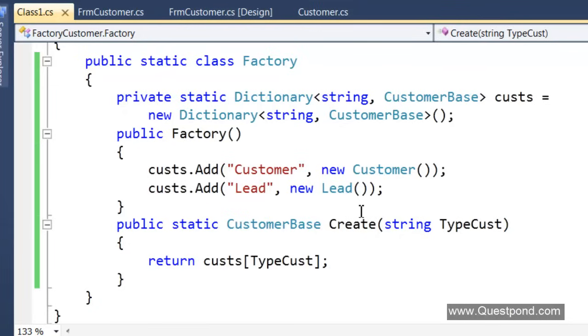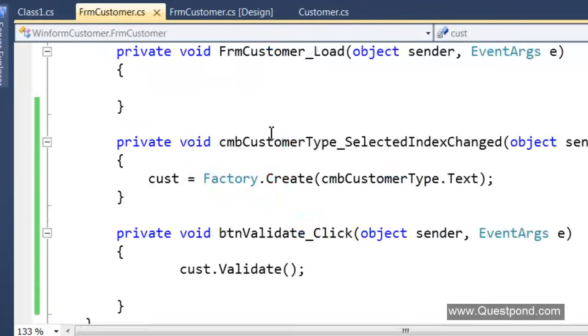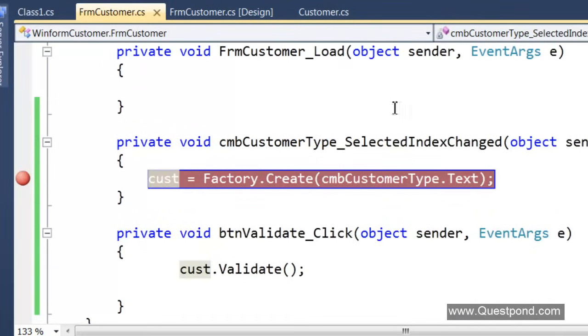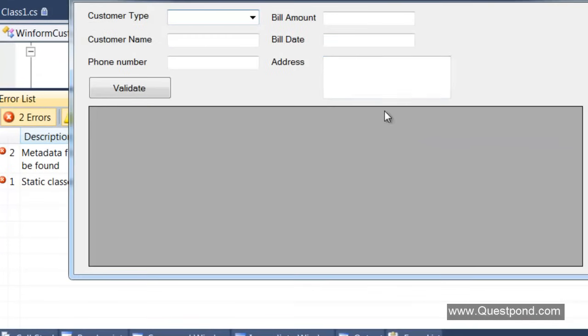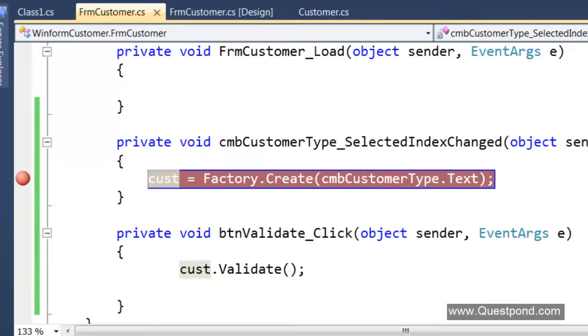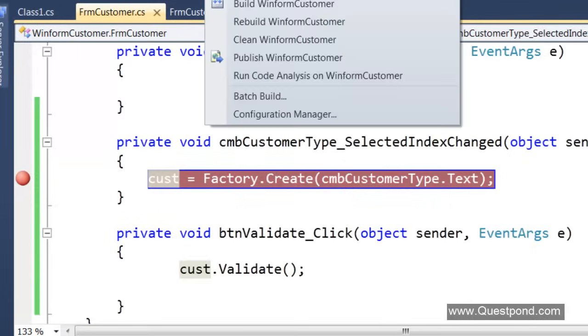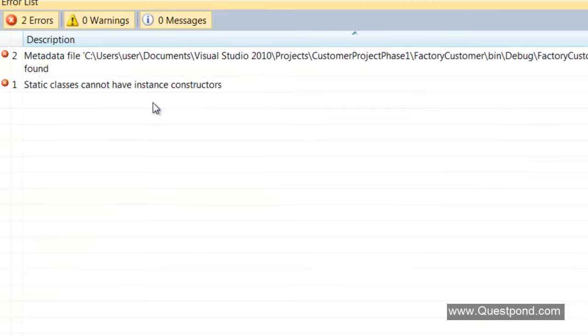Why? Because polymorphism is happening internally. So basically it will do a lookup, it will give out customer, but that will get automatically typed to a customer base, right? So over here now again, if you see, it's the same kind of output. Oh, there are some errors. Let us see what errors are there. Let me first rebuild this solution. Let us see what errors we have.